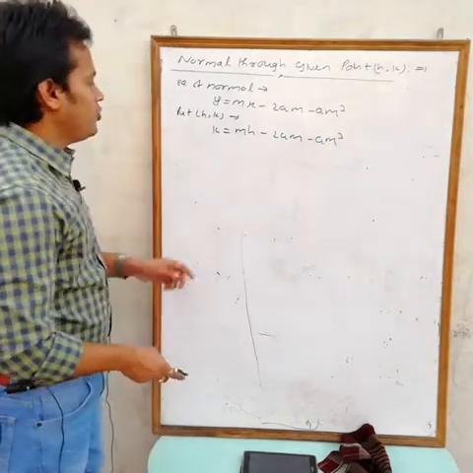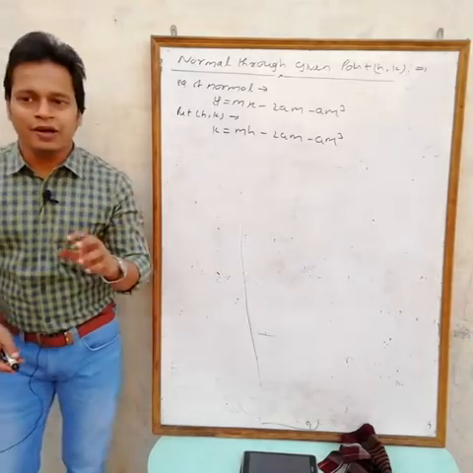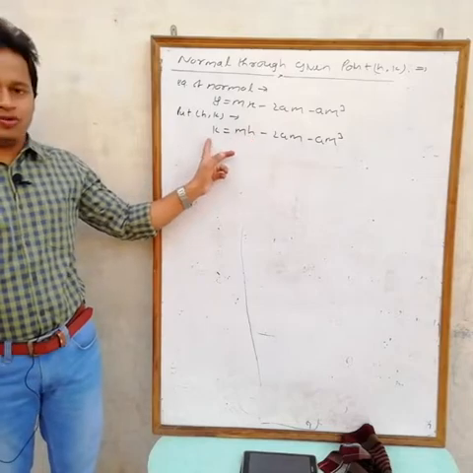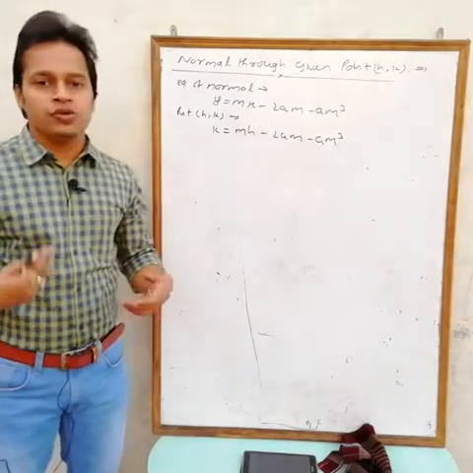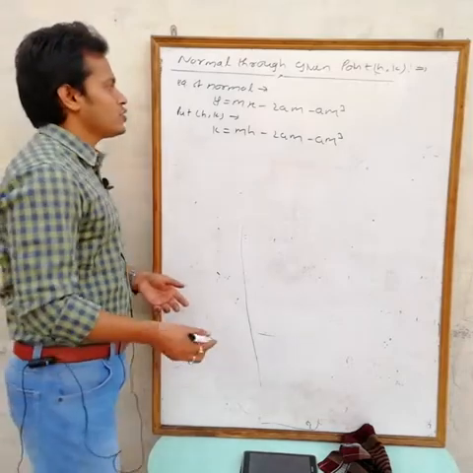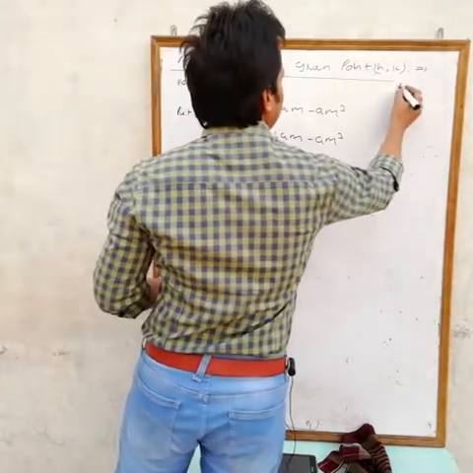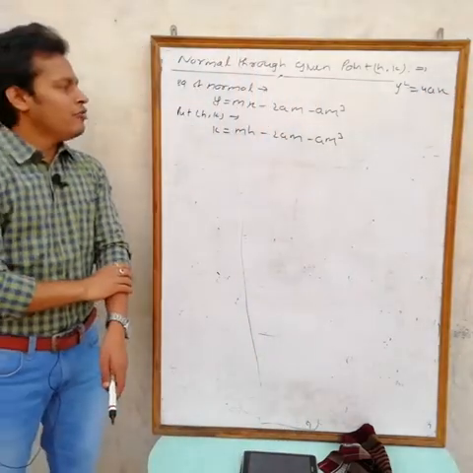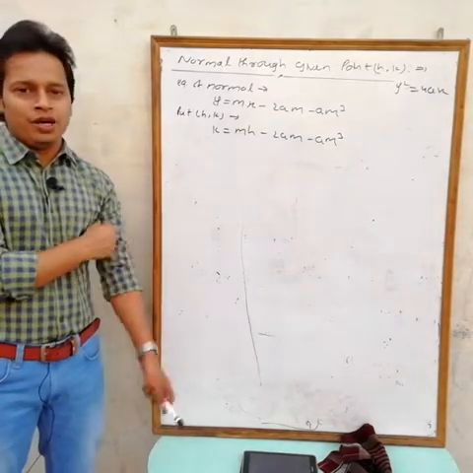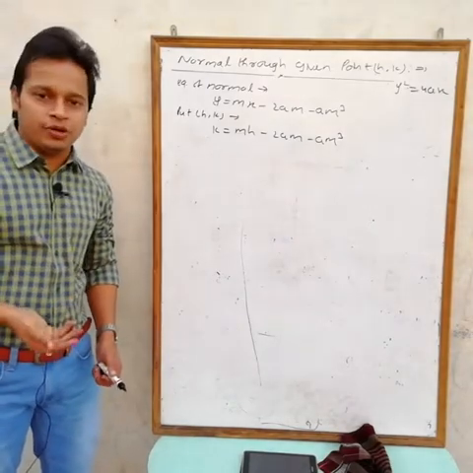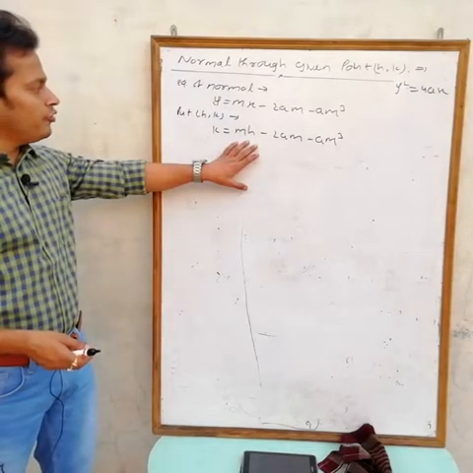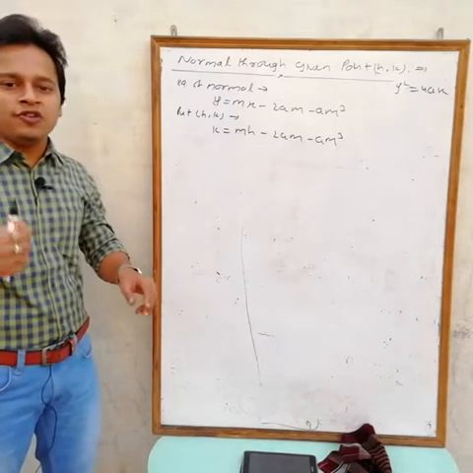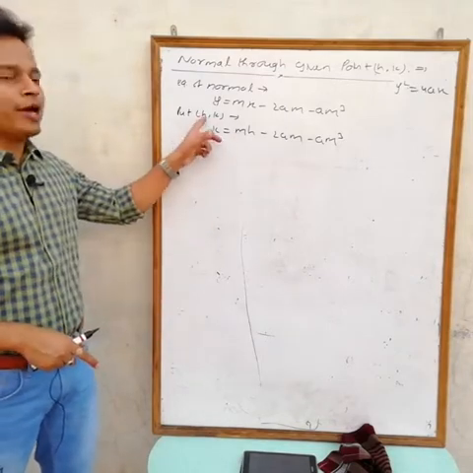Now actually if you want to understand this one, this is an equation in terms of m. Here h comma k is the given point. So see, h and k are known values. A is also known because the parabola is y square equals 4ax. Then we have the value of a from the equation. Now what is the unknown in this equation? Only m. Here m represents the slope of the normal. But if you are putting h comma k, then here m represents the slope of the normal passing through h comma k.